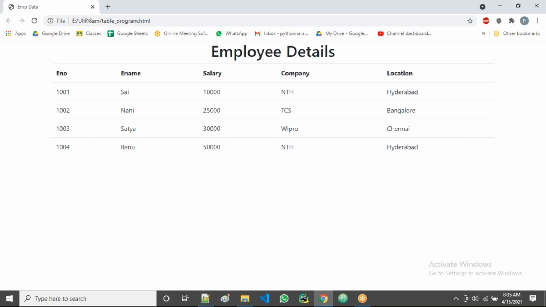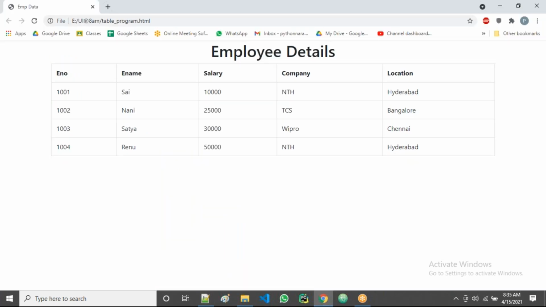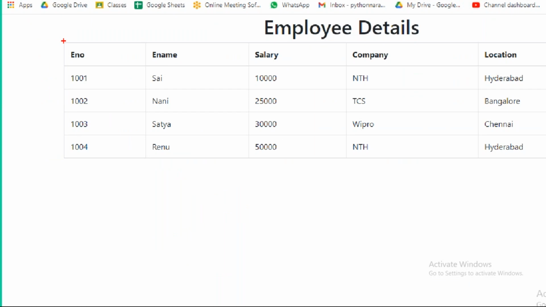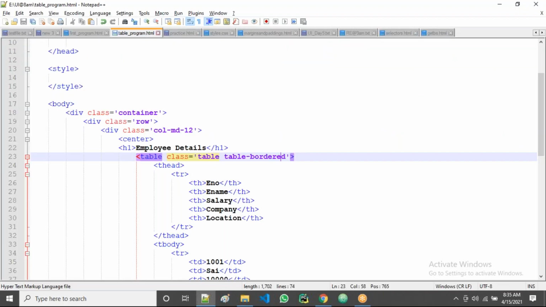Let's go there and refresh. I think there's a spelling mistake. Yes, now I can observe the border came. Before the table-bordered class, imagine the class is not there.